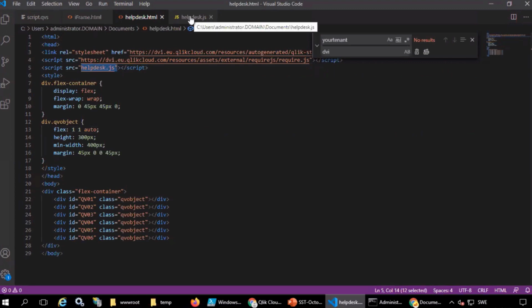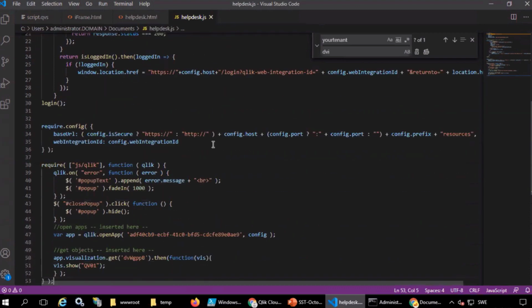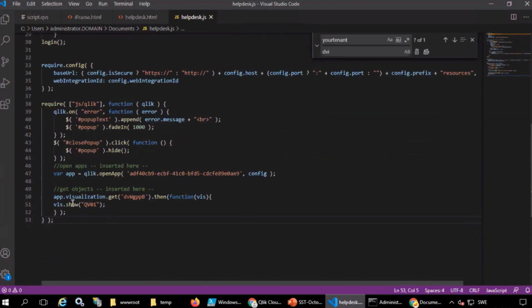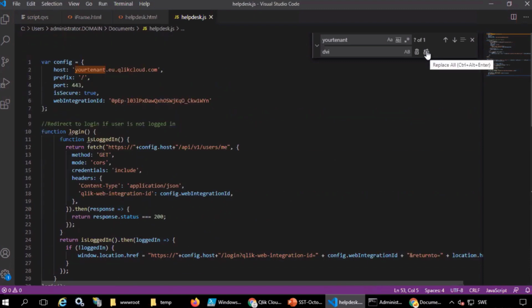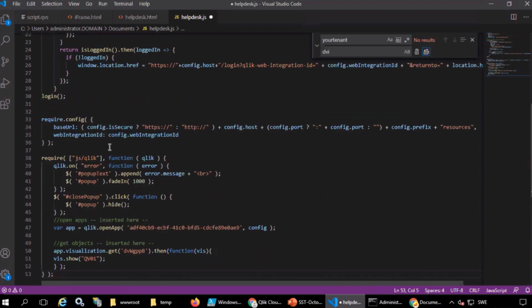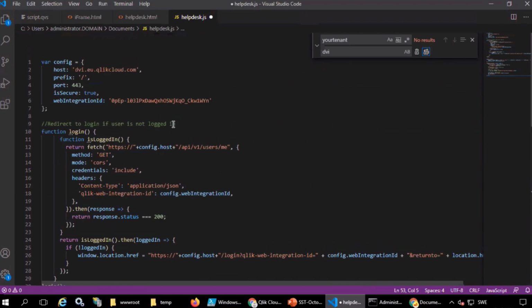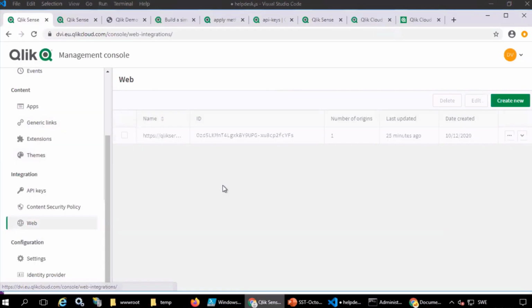And what is this mashup that you're creating supposed to do? This mashup will just show one object in a div element, and we can add a few more actions and see how to troubleshoot when it goes wrong. First of all, I'm going to replace your tenant with my tenant name. Then I'm going to update the web integration ID. And again, that's the